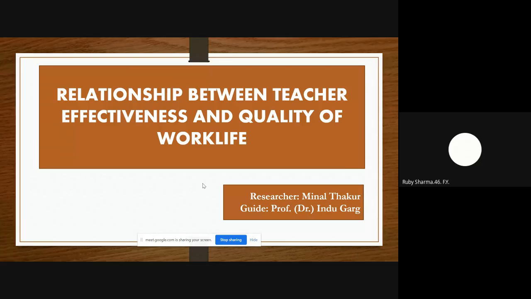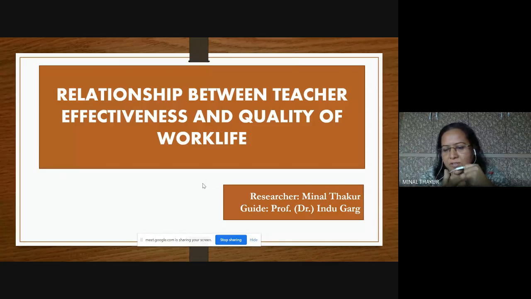Having a positive attitude. Okay, positive attitude. Somebody has written proper knowledge. Very good. Should have the ability of problem solving and observation. Very nice. Using effective TLM, yes, very good. Okay, so these are certain concepts that are included in teacher effectiveness. We'll see what is teacher effectiveness a little later.